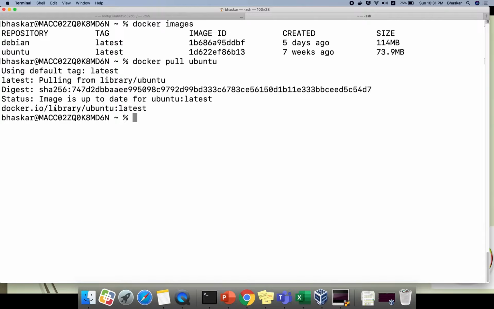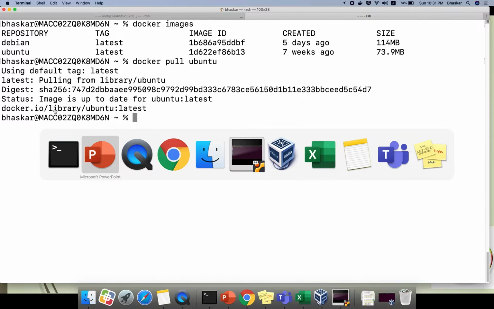That's why the size of a particular image is very small, it's ready-made. Only the binaries and libraries required to run the commands will be there in your Docker image. Okay, I hope you are clear. I will show you how to understand this. Please watch till the end and read all the comments, then you will have a better idea.